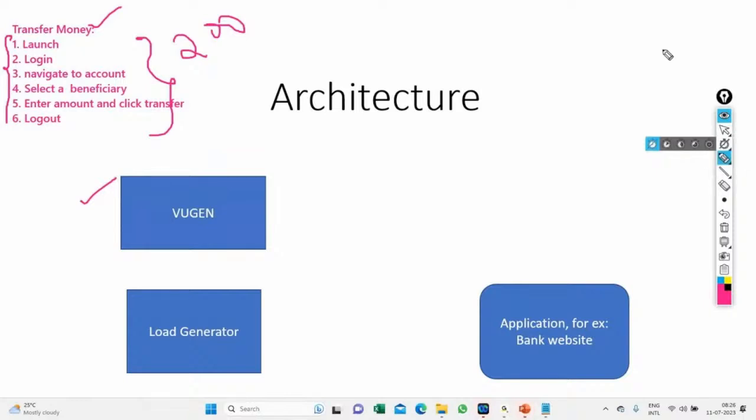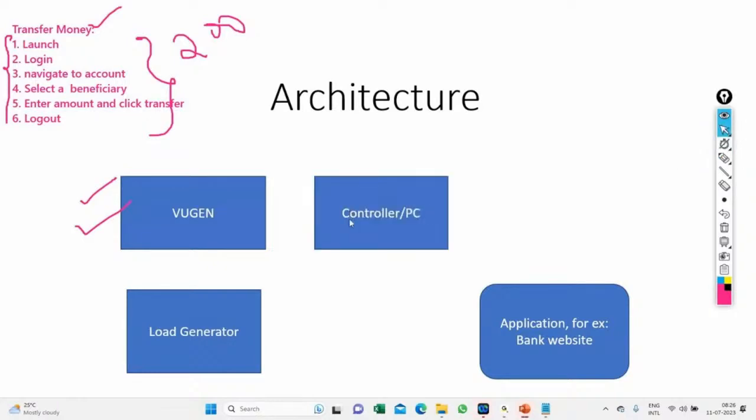In VuGen, you can actually run only with one user. But when you upload it into a component where we can trigger the test and create a scenario, you can run with multiple numbers of users. That component is called Controller or Performance Center or LoadRunner Enterprise, whatever it is. So the scripts you develop here, you will upload into Controller, and here you